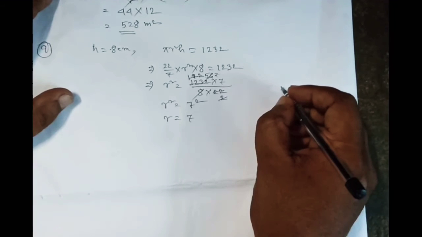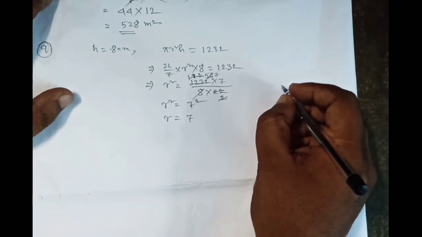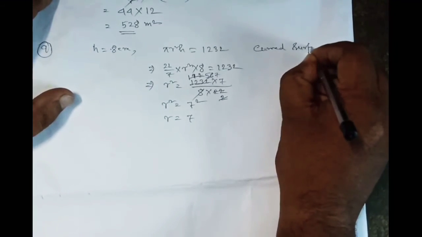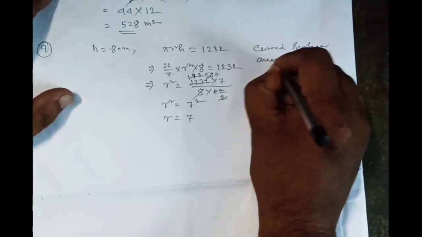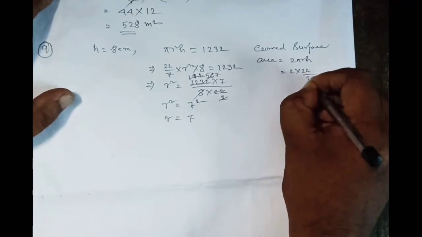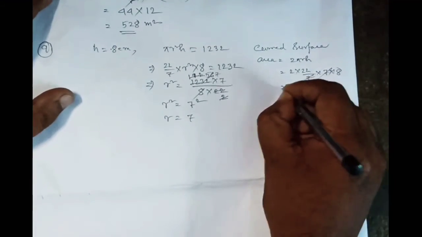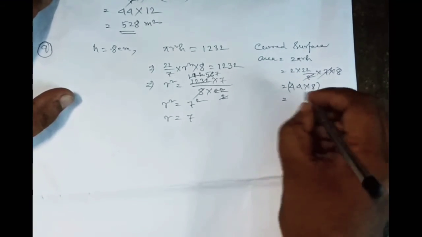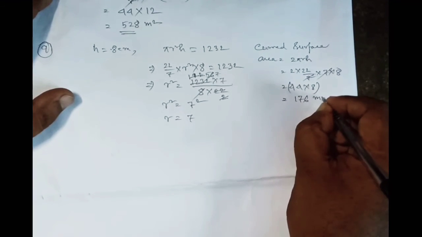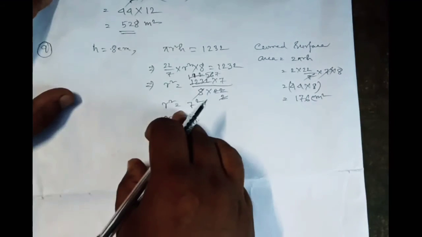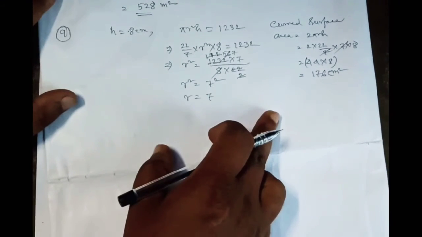Now here curved surface area we have to find. So the curved surface area is equal to 2 pi rh, that is 2 into 22 by 7 into r into h is equal to 8, so that is 44 into 8, that is 176 centimeter square. Okay, that should be the curved surface area,